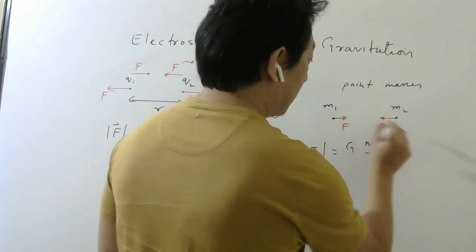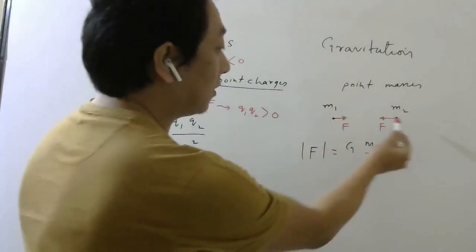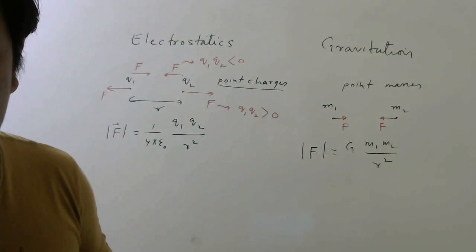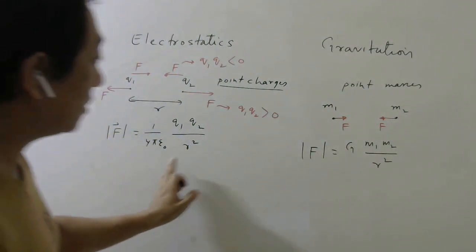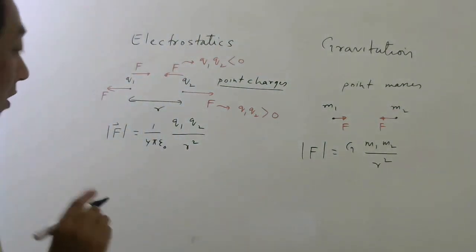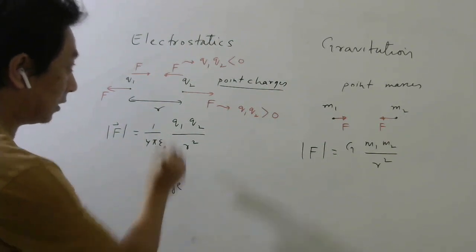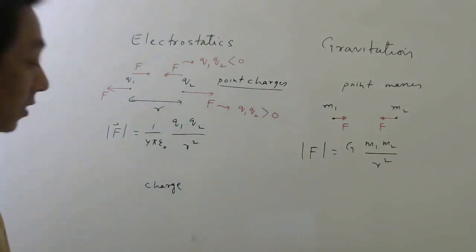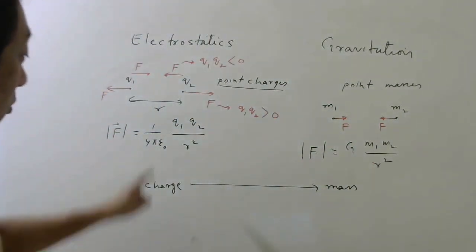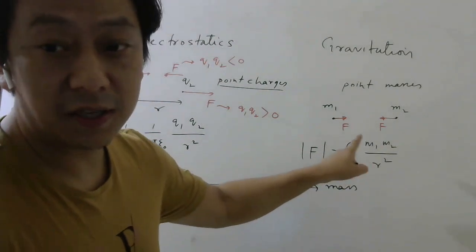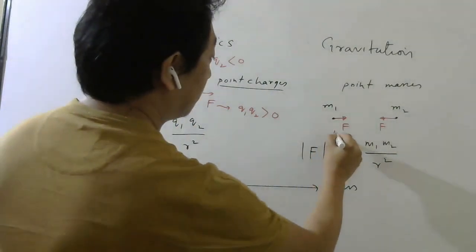Of course, the force magnitude will be the same, direction will be opposite from Newton's third law. Both of them will feel the same force. Magnitude wise it will be the same, direction wise it will be opposite. Now, if you compare this formula with this formula, what we have understood is that wherever there is charge in this chapter, we have to replace it by mass. Correct or not? Q1, Q2 is nothing but, here it is nothing but M1, M2. Distance will be the same. This is R.